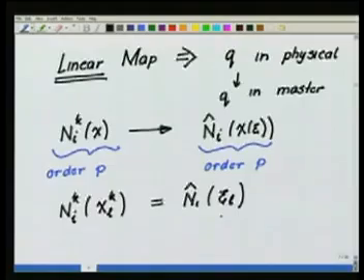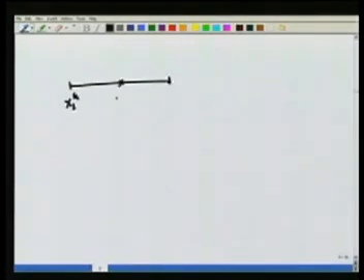Okay. So for example, if I had a quadratic element, so this was my x1 of k, this is going to be my x2 of k, this is going to be my x3 of k,